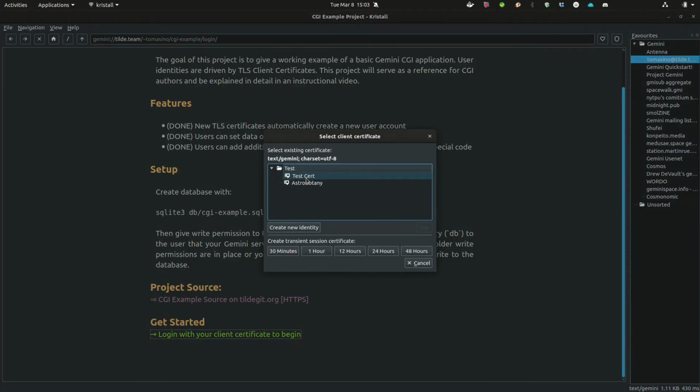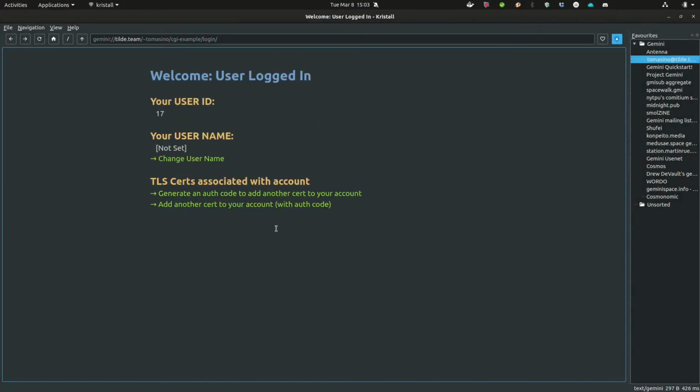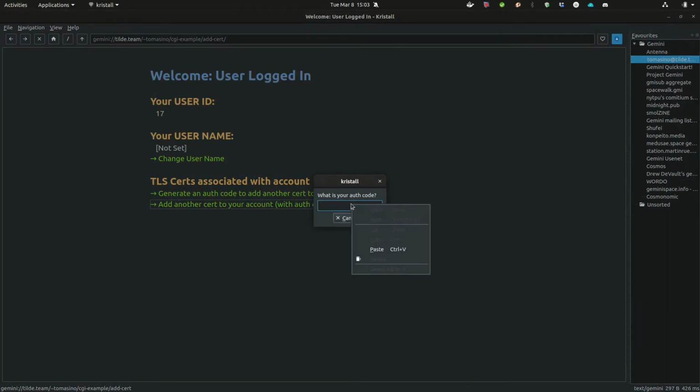Now this time, rather than using my test cert, I'm going to create a transient session certificate. We'll just do this one for 30 minutes. So this is a brand new cert, and you can see that because I'm now user ID 17. I'm not 1 anymore. So it created a brand new user, and there's no username set yet. So this is a totally unrelated thing, right? But if I go to this add another cert to your account, and I put in the auth code,